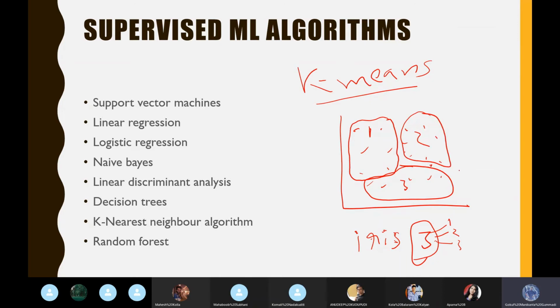Let's say the data point is somewhere here, then obviously it will see that it is in this third region, number 3. So this region belongs to this mean. The mean of this region is nothing but the 3. So we will say the third category in the iris variable is the answer as an output. That's how the k-means algorithm works.